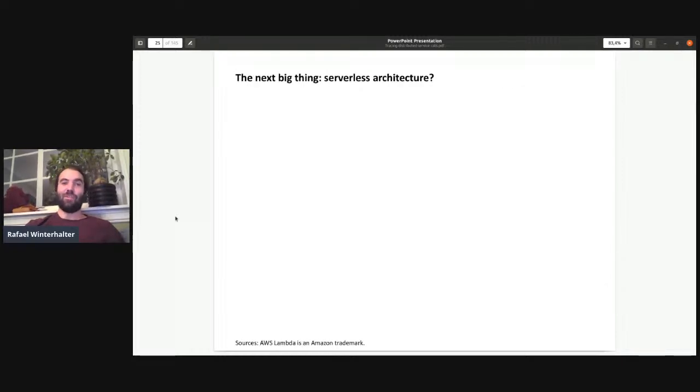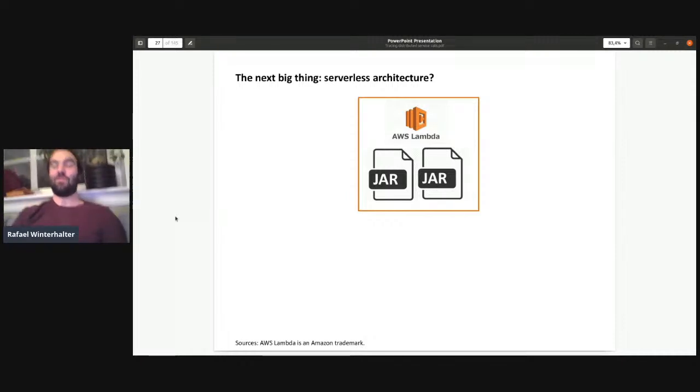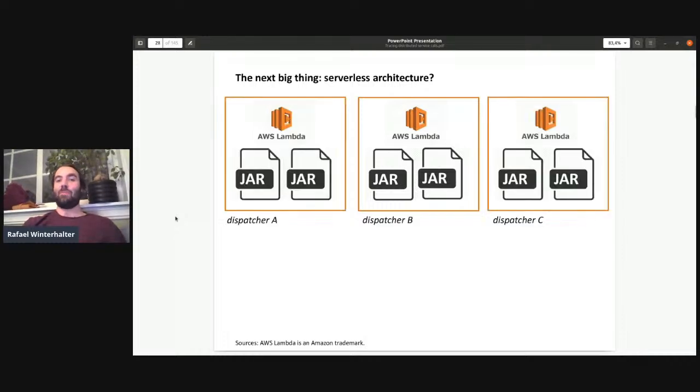So, and just a small outlook. The next big thing is serverless architecture, right? And in a way, it takes this idea a step back to the way Java EE behaved, because if you deploy your jars on a Lambda architecture, for example, in AWS, then you are going back to standardized APIs. You have to fit your application into the small frame of the application API, and then you get back this observability, right? Now you have your standardized way of running your application again. You don't have this wilderness, this freedom that developers like, but operations people typically don't like. So Lambda is fairly easy to